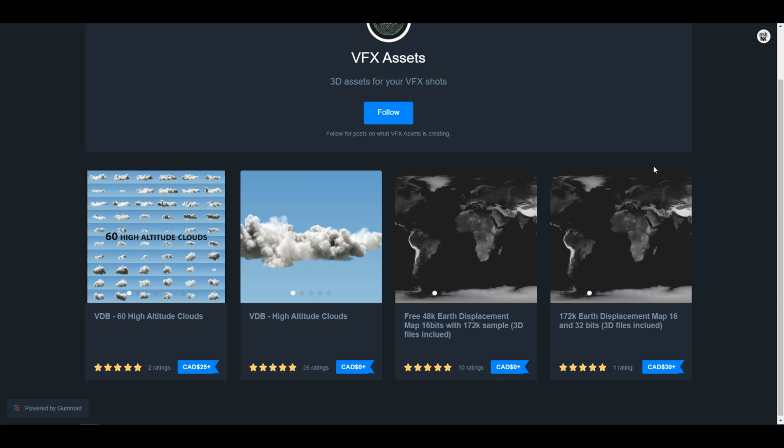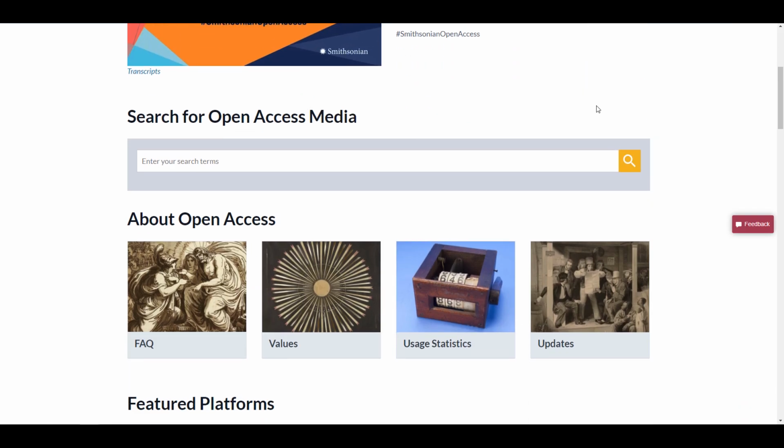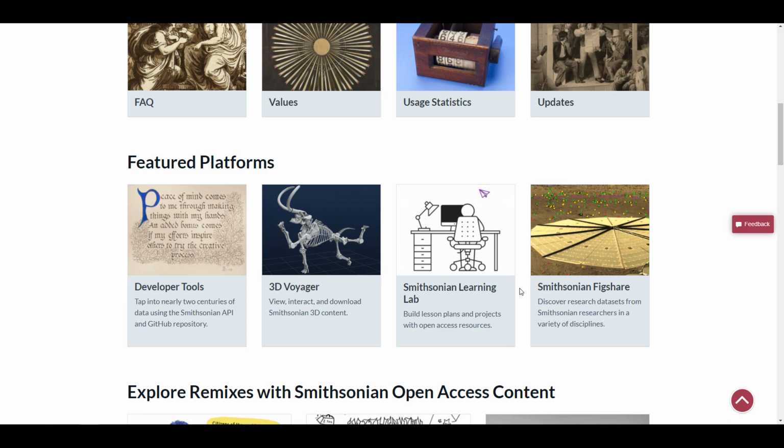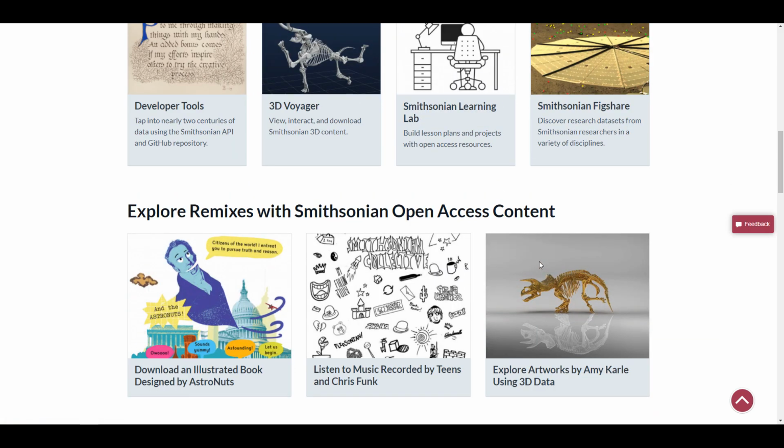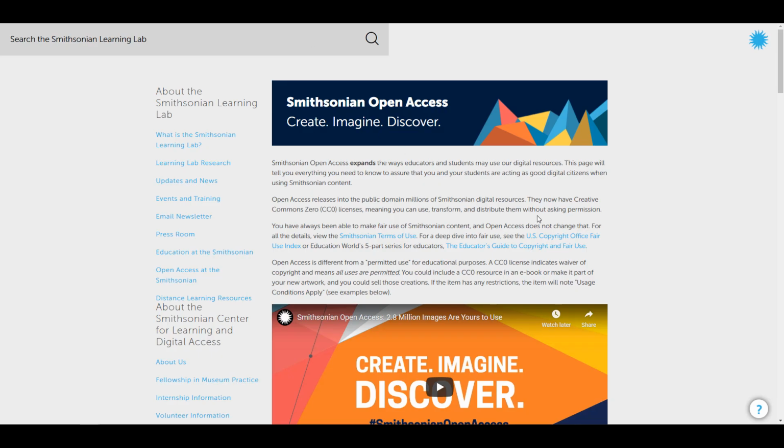Now with this said, let's dive over and talk about some very cool folks. Just in case you don't know, we already covered this one before, but it's more interesting now that it is open access. And what does this mean? Open access simply means that 3D assets, learning assets, 2D assets, you can grab all of the things that they have right here, which is specified under the open access media, and use them with CC0 licensing. This simply means that you don't need to seek permission to use, reuse, transform, distribute, and also tweak these things to your liking.